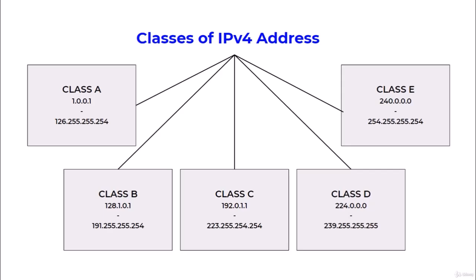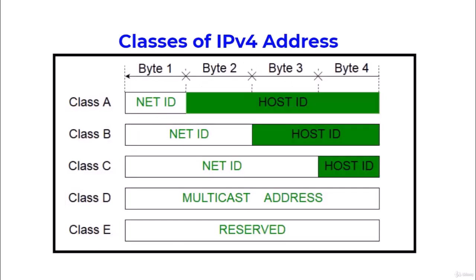An IPv4 address is divided into two parts: network ID, that is net ID, and host ID. The class of IP address is used to determine the bits used for network ID and host ID. Each internet service provider or network administrator assigns an IP address to each device that is connected to its network. Note that IP addresses are globally managed by the Internet Assigned Numbers Authority (IANA) and Regional Internet Registries, that is